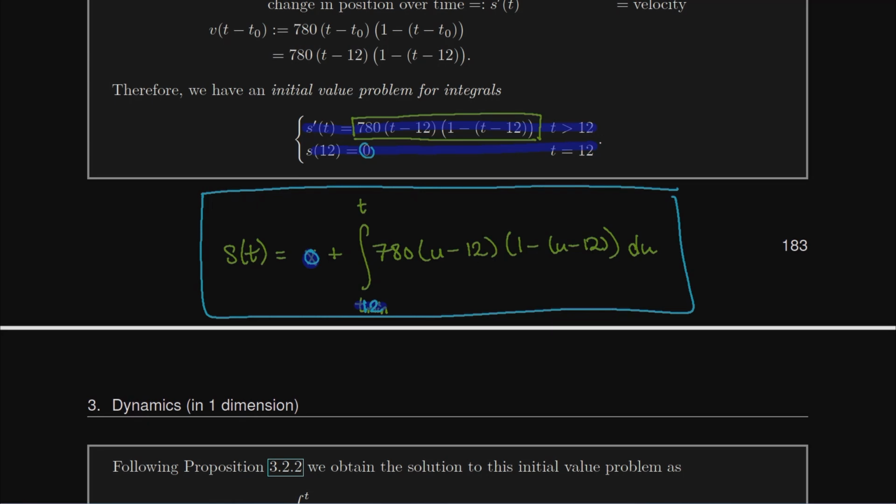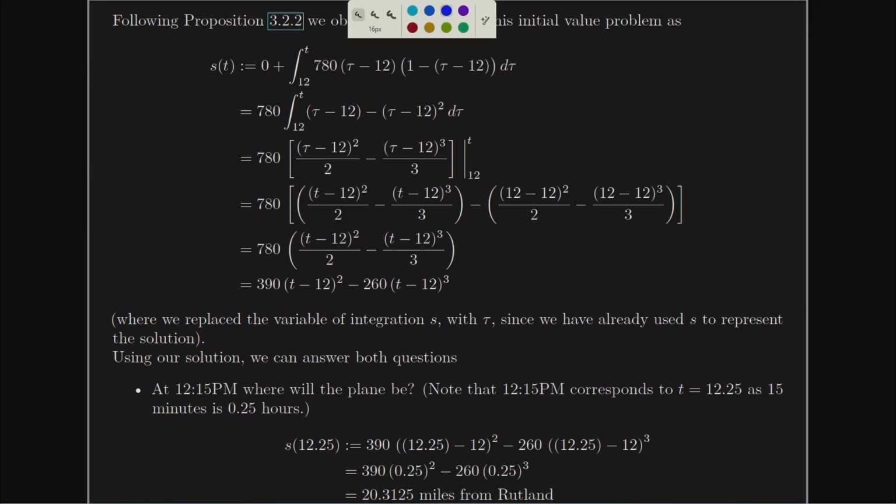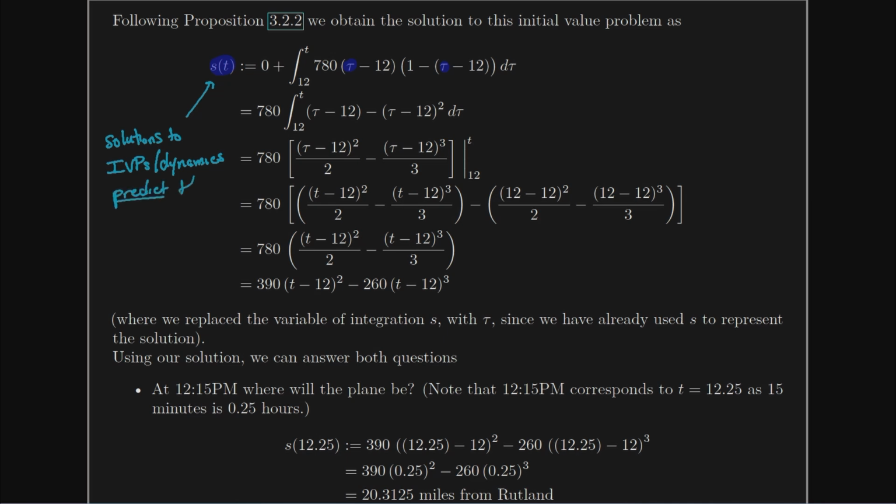And then I just have to actually compute that solution. So we can go through the little bit of work to compute it here. Looks like I use the variable tau here instead. It's all the same. Go through a little bit of work, it's u substitution, and what we end up with is a position prediction, right? This predicts because I've solved an initial value problem. So solutions to IVPs, which are also dynamics, predict the future. So my solution here is saying at some time t in the future, this is the number of miles from Rutland